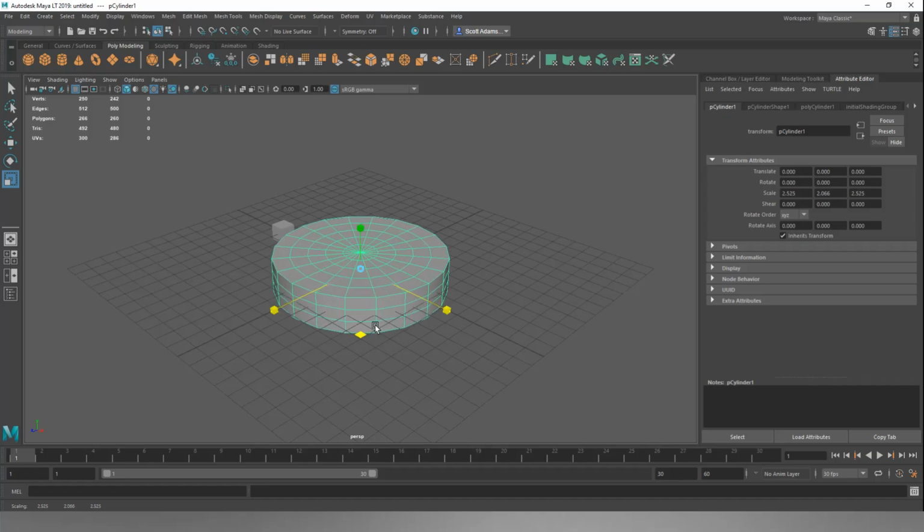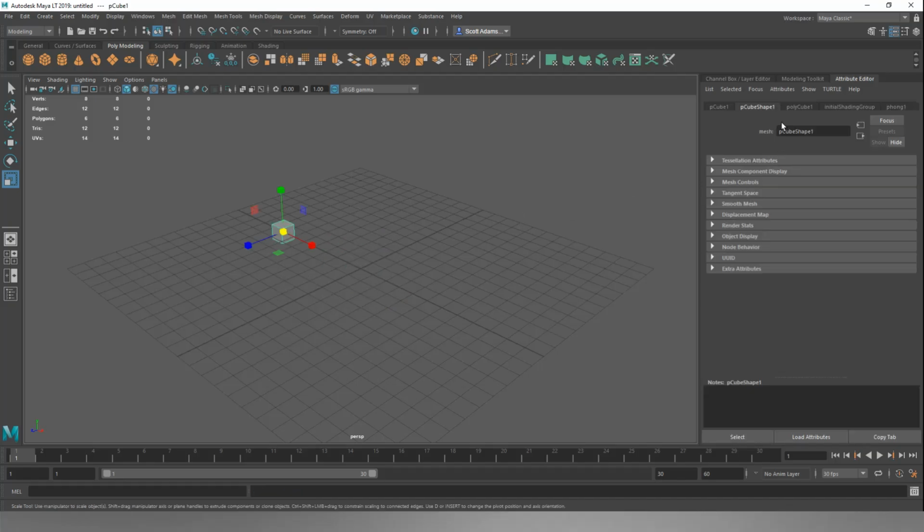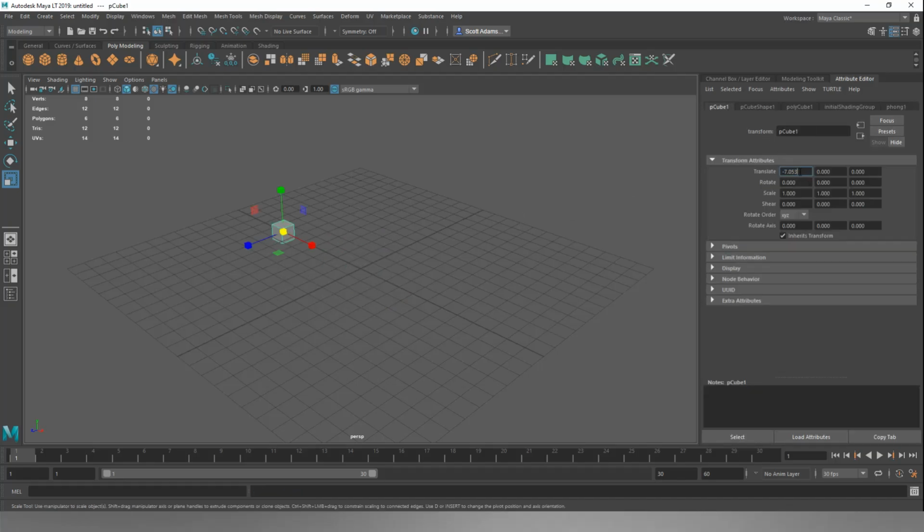So cylindrical objects, I find if you want to keep them cylindrical, it's better to use this little square here between the Z and the X, because it will keep it a cylindrical object, where using X on its own and then trying to do Z, you start to get this stretched shape. Anyway, delete that cylinder out and we'll just quickly set our cube back to the